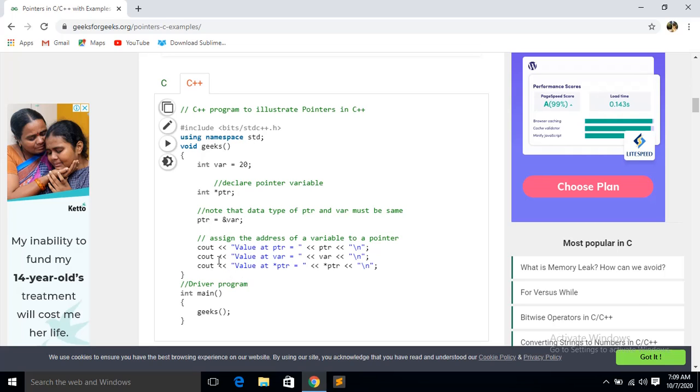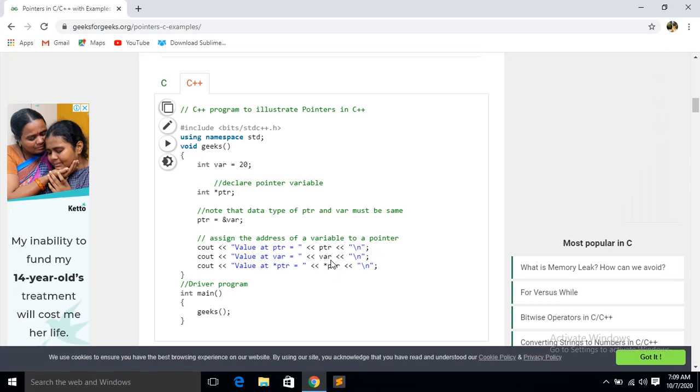Now let us see the declaration. Cout value at ptr. What is the value stored in ptr? Then value at var, then value at star ptr. Now let us run this program and see the output, what it is coming.